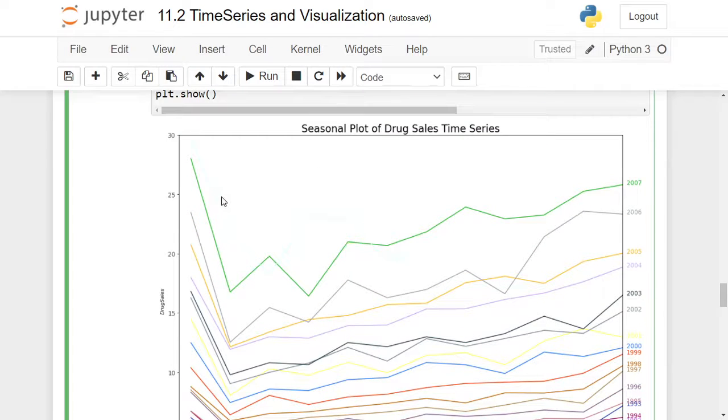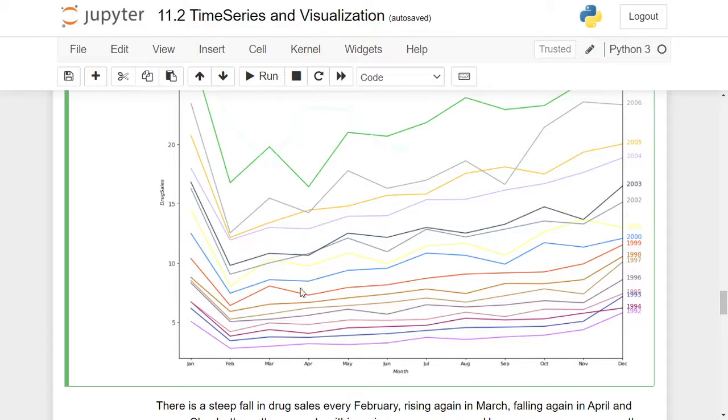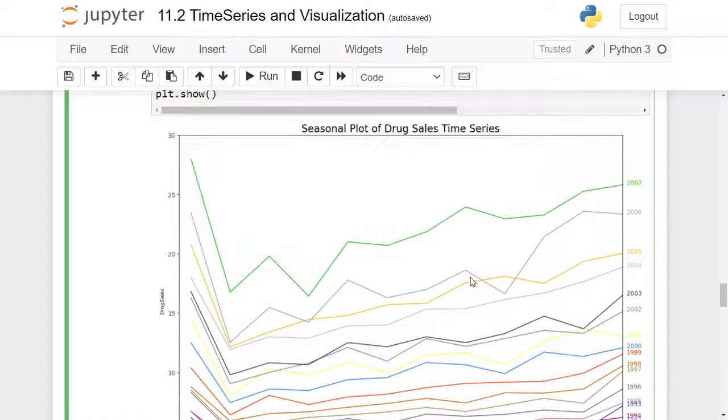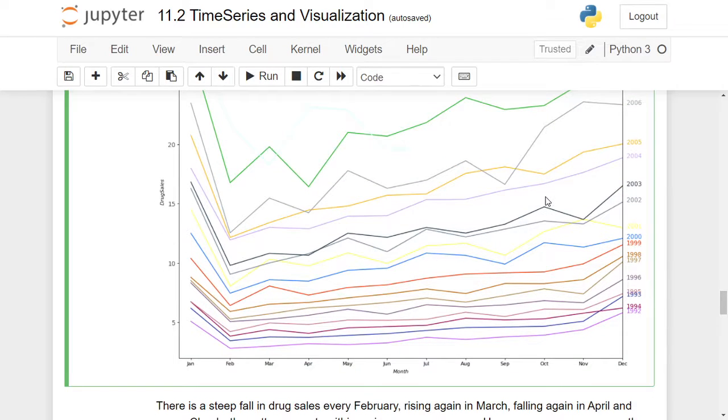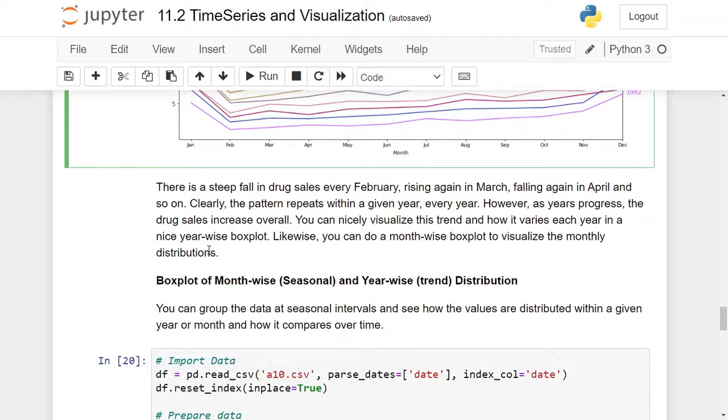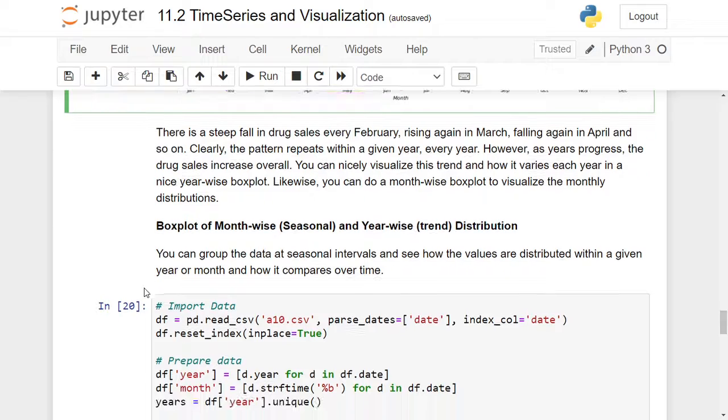You will find that A1 is about the drug sales. All the lines are showing here. It shows clearly February will have the lowest sales, and then it follows all the way up for the rest of the months. And then for the box plot of month-wise